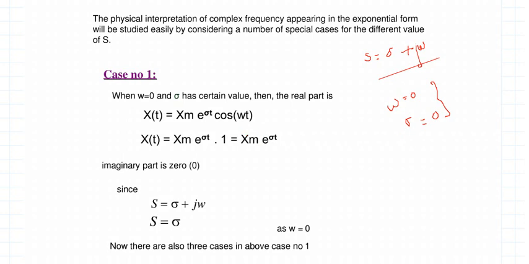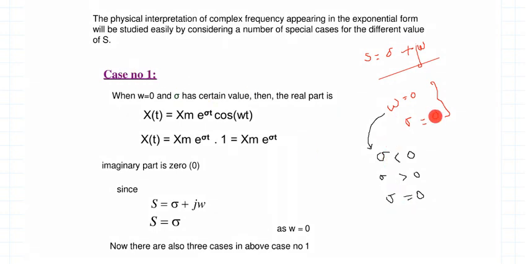Okay, friends, now which case are we in? We are in the case when we have taken omega equal to 0, so we have only sigma now. Sigma can further take three values. We will analyze the same case but with different values of sigma. The first case is when sigma is less than 0, the next case is when sigma is greater than 0, and the third case is when sigma is equal to 0. So we are going to discuss these three cases now. Try to understand the first case we started.